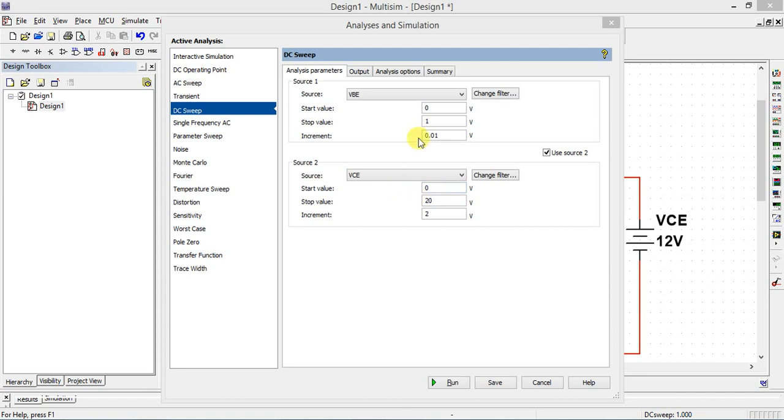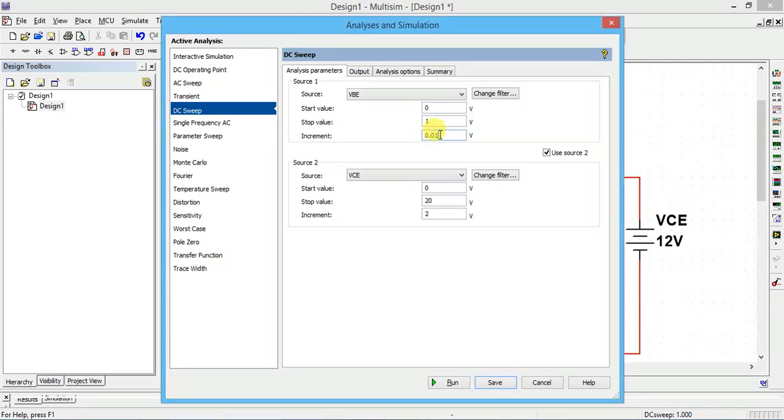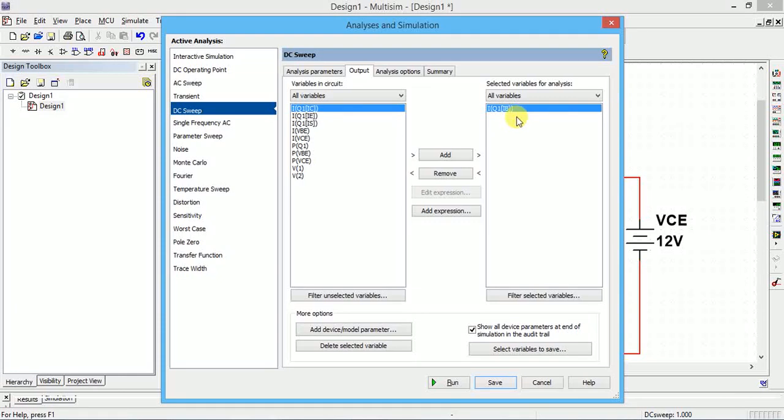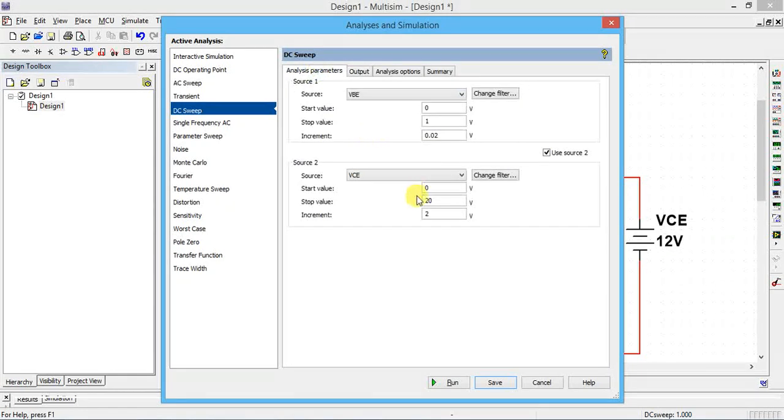So VB is 0 to 1 with a step of 0.1. Now we'll take 0.2 only, no problem. Output is IB, input current versus input voltage, at constant VCE. So we have taken from 2 to 20 with a step of 2.